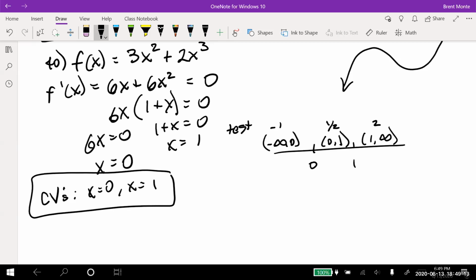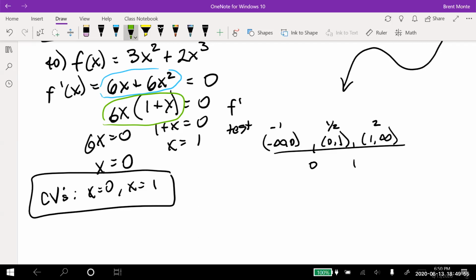Remember, I'm plugging those into the derivative because I want to find out if the graph's going up or down. And the derivative is what tells me that. It tells me if it's increasing or decreasing. Okay, so now notice, and here's what I'm doing. You can actually plug that -1 in here to the derivative and see if you get a positive or negative number. I like to actually plug it in here because all I have to do is worry about the signs. So for instance, if I plug -1 into 6x, I get -6. And then I plug,